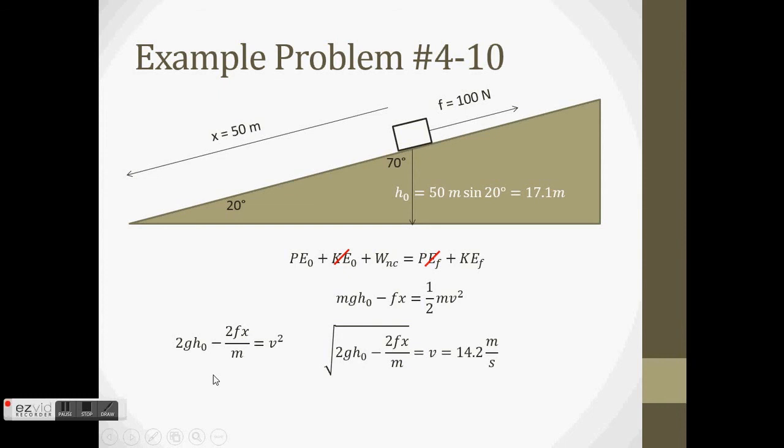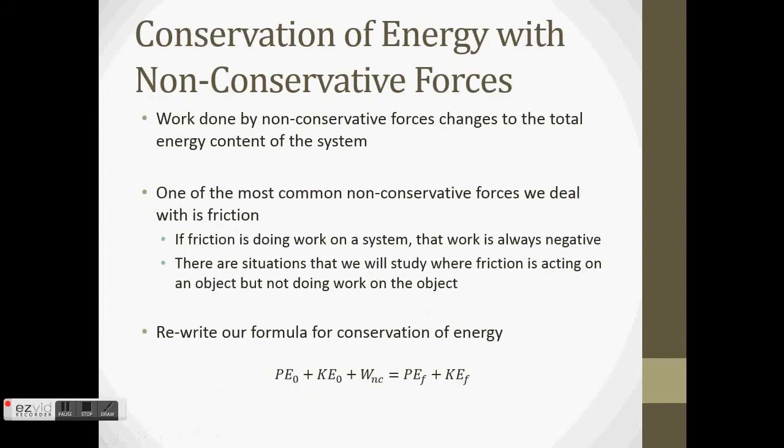So friction is just one non-conservative force. It's the one we come across most frequently. There are other non-conservative forces that we could be dealing with. You could be pushing something up the ramp and figuring out how high it goes, or maybe tension or a rope pulling on it could be a non-conservative force. It depends on what the other forces acting on the system are, what goes into here. So what we have in our full equation is a way to account for the initial mechanical energy of the system, the final mechanical energy of the system, and any changes to that energy during the course of whatever happened to that system.